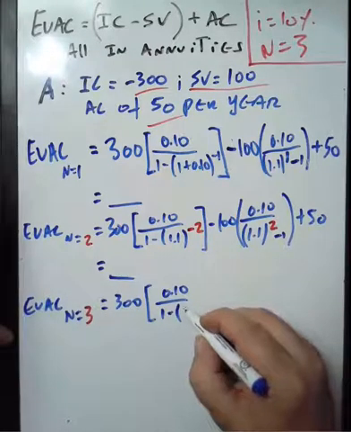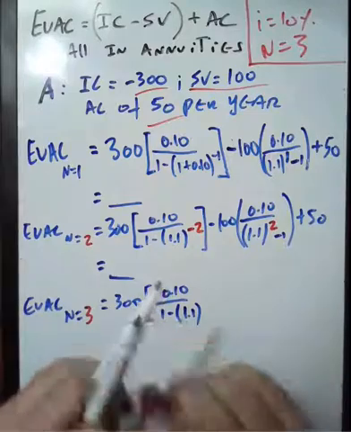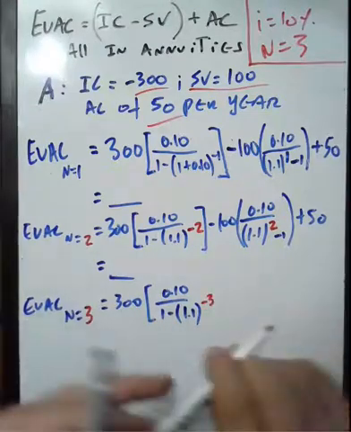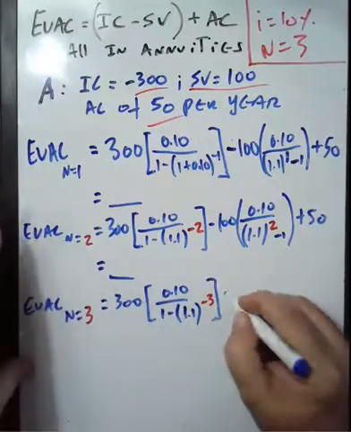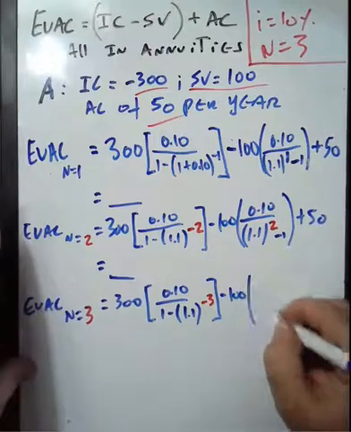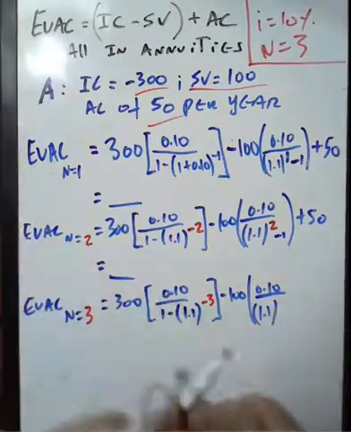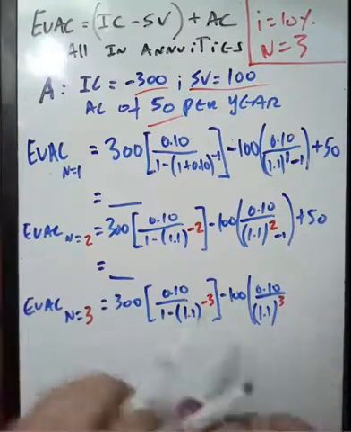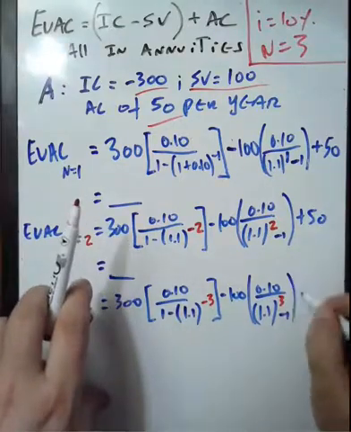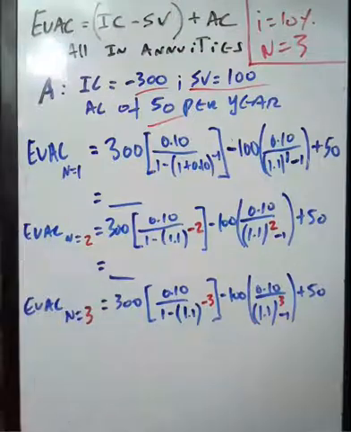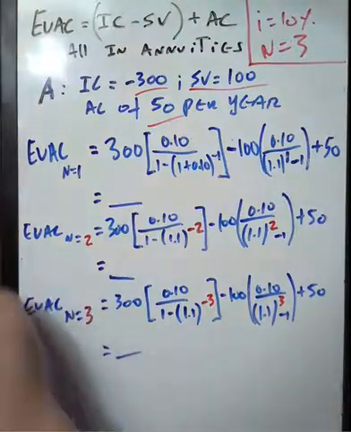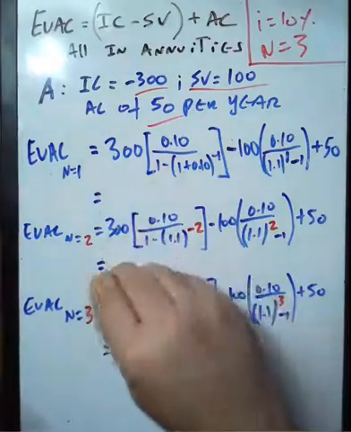1 minus 1.1 to the power of minus 3, minus 100 times 0.10 divided by 1.1 to the power of 3, minus 1, plus 50. So computing